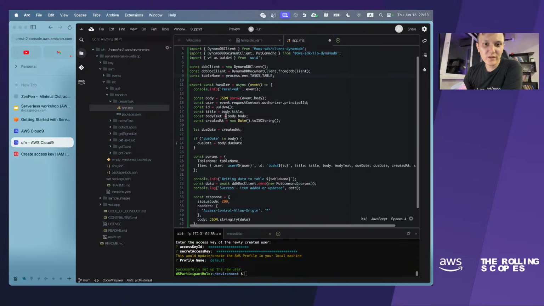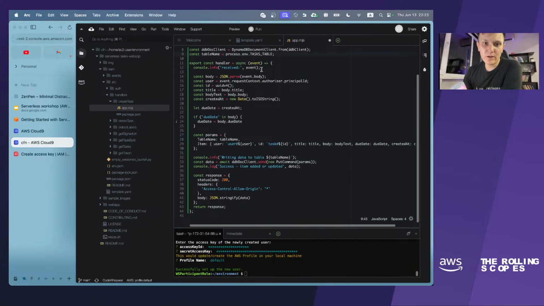Okay, so on creation of task, we will just console put this information into the console to make it visible in CloudWatch. I will show you a bit later. Then we just parse event body because we provide the data which is needed to create new task using post request and put all the data into the body.